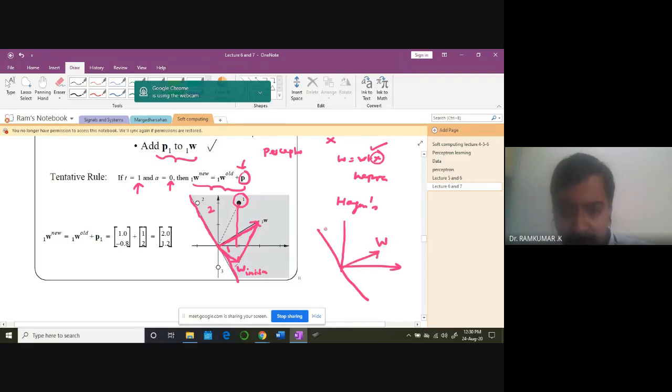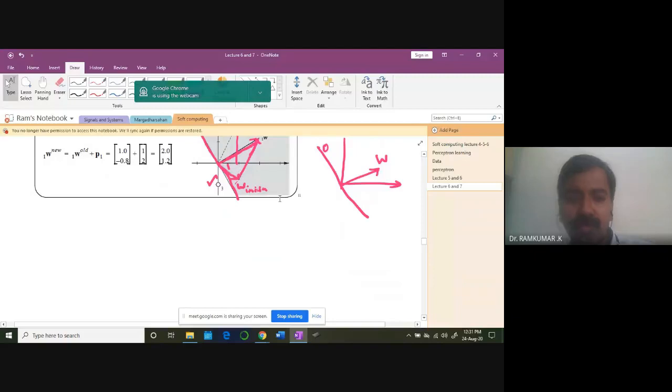But what happens? There is one point here. This is on the positive side now. I don't want that. It is misclassified. This is classified correctly, but this one is misclassified. So this is a negative point. So what do I get? The target is 0, but my A will be equal to 1 for this pattern 2. So naturally, I need to update my weight. New weight is equal to old weight minus that P2 pattern. Then only I can get my results proper. So that's what we are going to do next case.